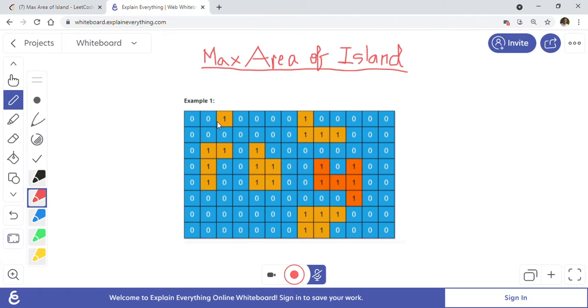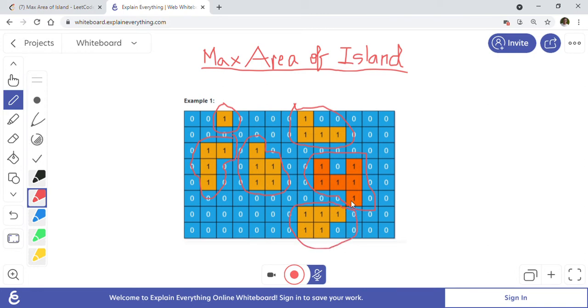As you can see, this is one island, this is the second island, this one is the third island in this grid, and this one is the fourth island, this one is the fifth island, and this is the last, which is the sixth island.